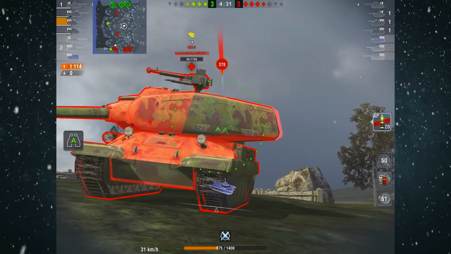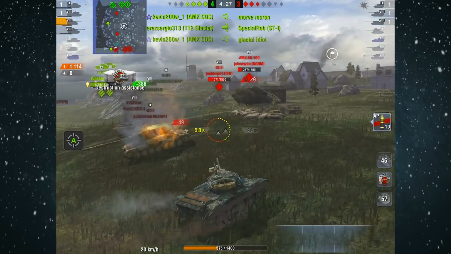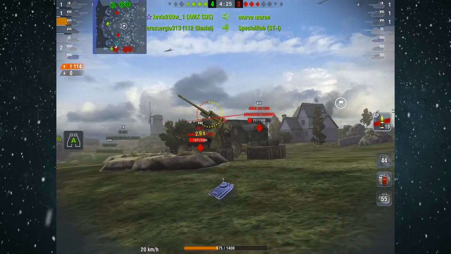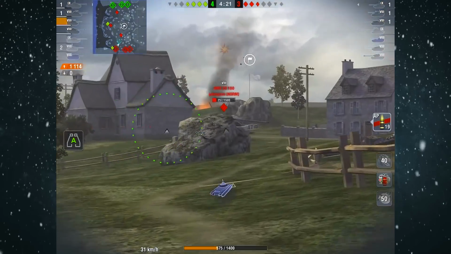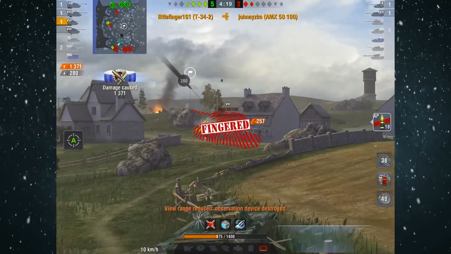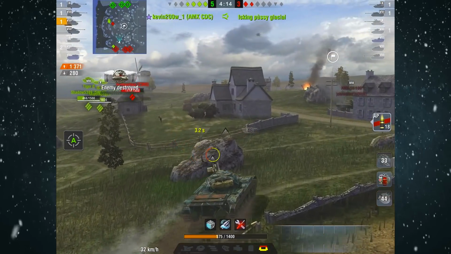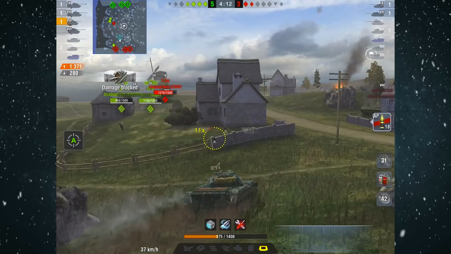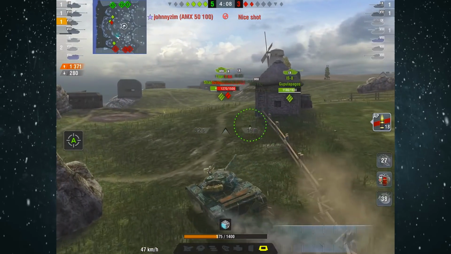I don't know how that counted as a shot, but anyway, we bounced the side of the turret there. It's kind of disappointing. Take a shot on the AMX 50 and bounce. Must have been the IS-2 or T-54 maybe. I'm not sure who that was, but 4-on-2 now, and gonna come on back through the hills here using our